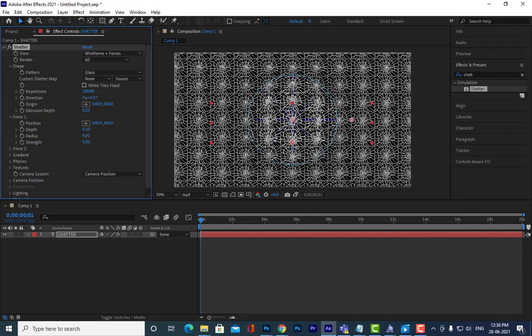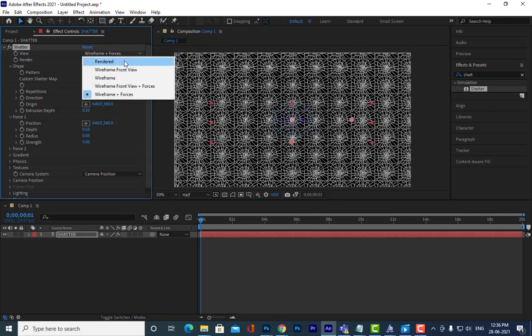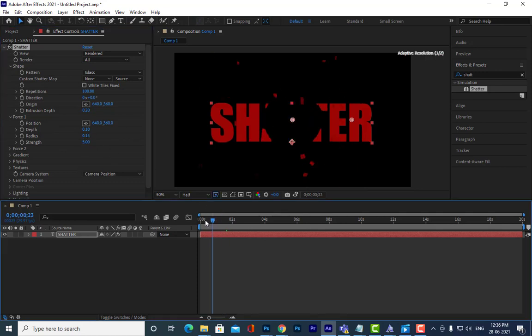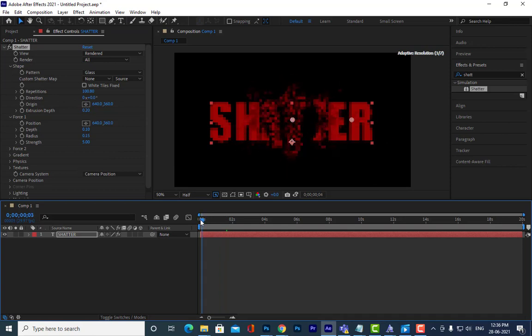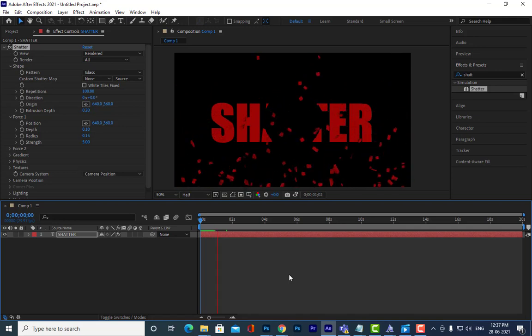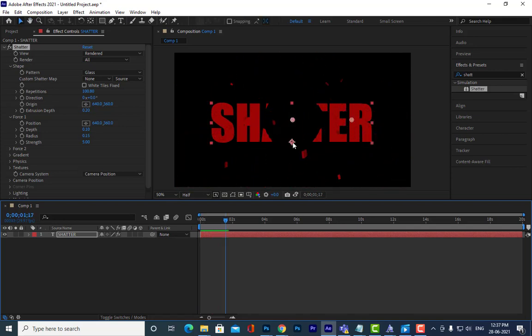If I change the radius value, see, now the blue color icon is very small. Now if you come back to the rendered view, it's now very small. So let me slightly increase it. Okay, see, now it is a little bit big. Let me hit space bar. See here, now it is affecting only this part.